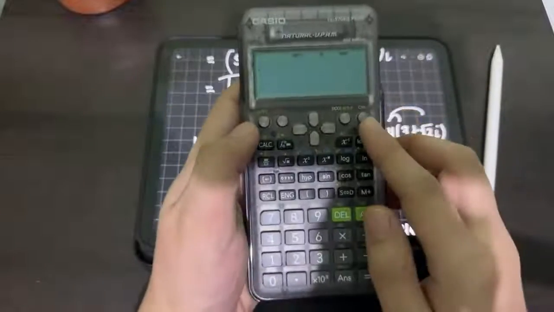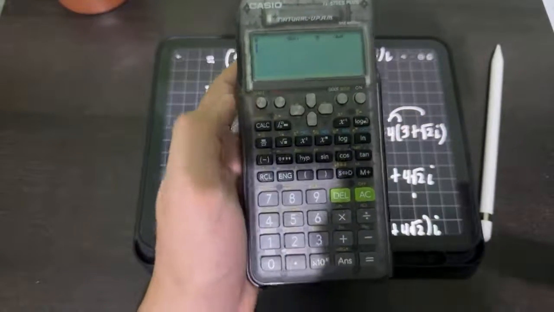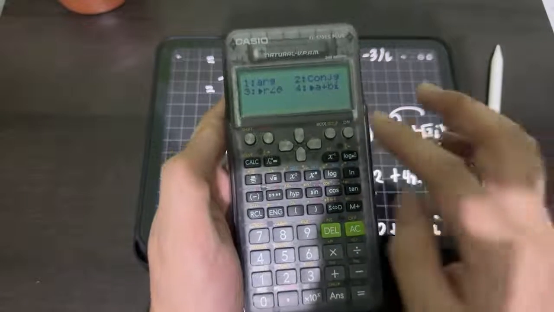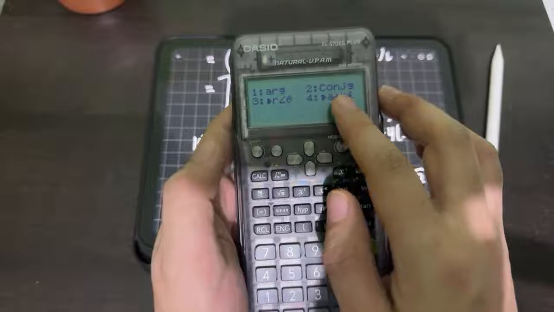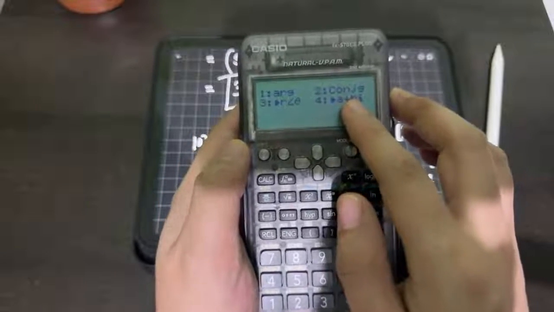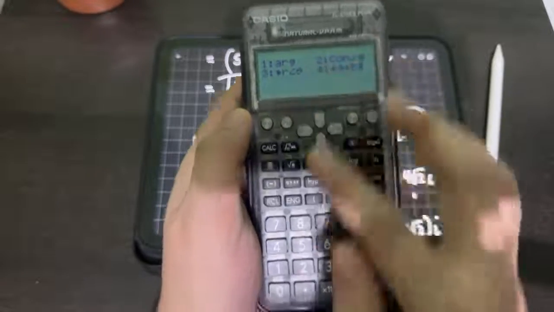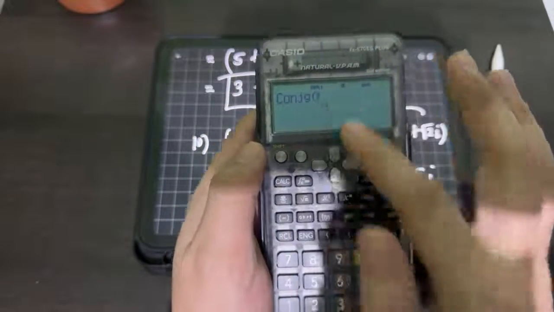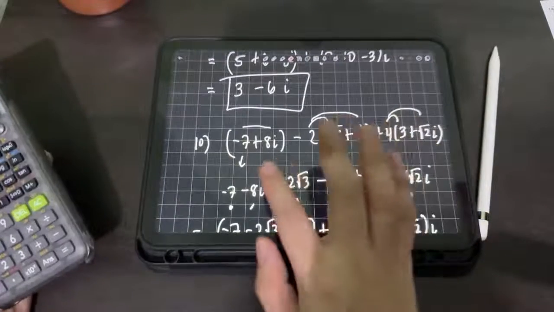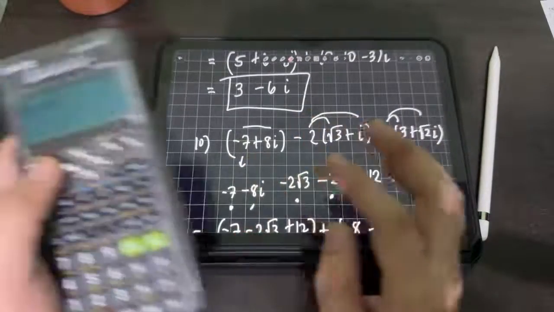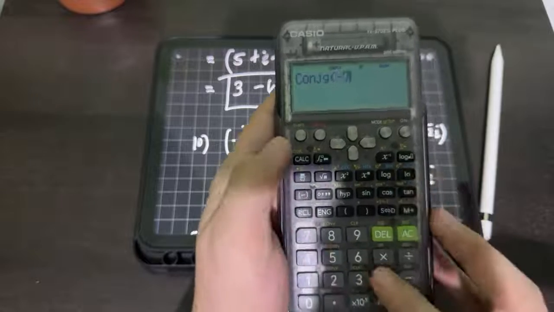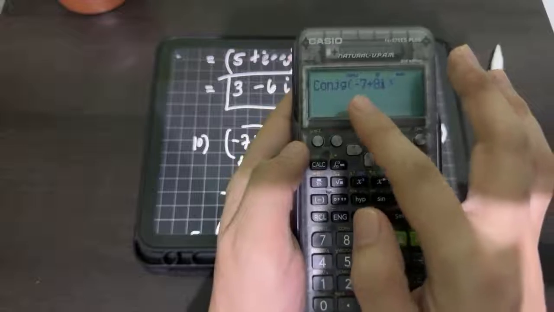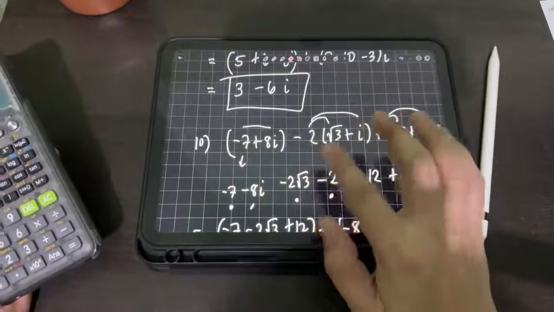Press shift, followed by these two for complex. Then you see the conjugate symbol, which means conjugate. Press 2, and then you input inside the parentheses the complex number, negative 7 plus 8i. So it will get the conjugate of negative 7 plus 8i. Then minus,